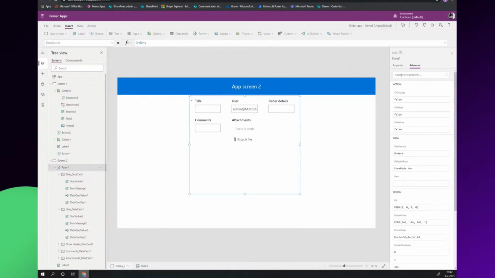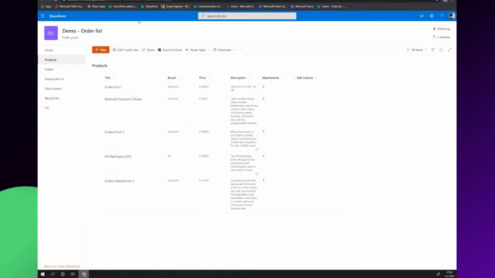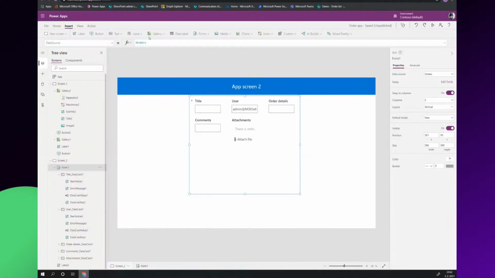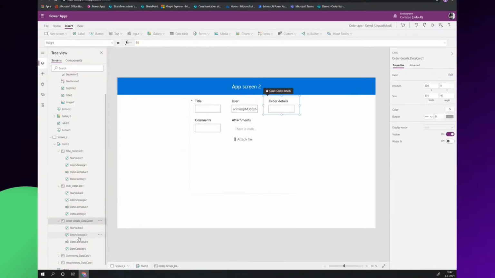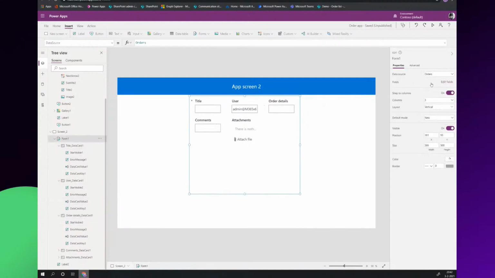I'm going to change some properties of this form also, because when we have a look at our data source and go to order, this order column is a multiple row text value and not a single line. But by default, it opens as a single line of text. So I'm going to select my form and give it a nice name, form order underscore 1,